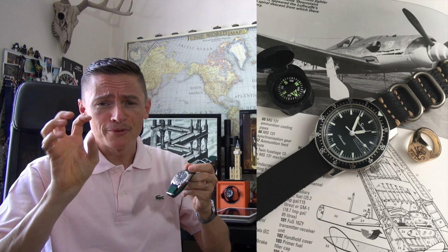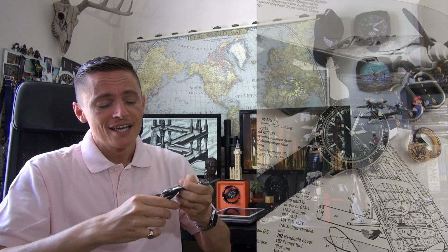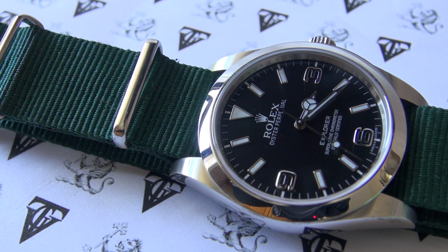So yeah, of course, I'm not going to sell the Sinn 104 anytime soon. Unless I find that Sinn Navitimer with the moon face, but those are so rare, I don't doubt it's gonna ever happen. But anyway, so this is the reference